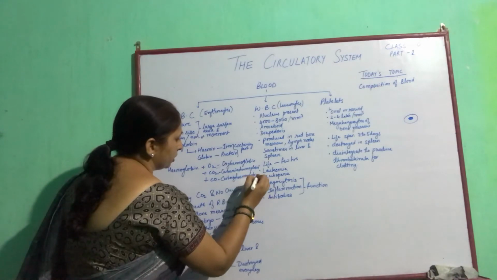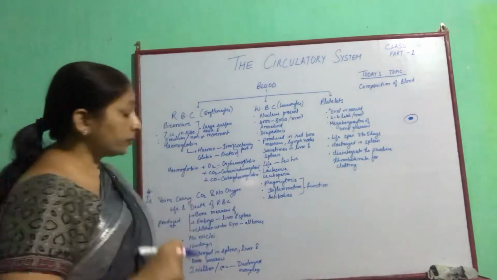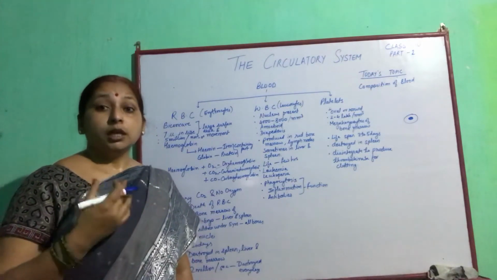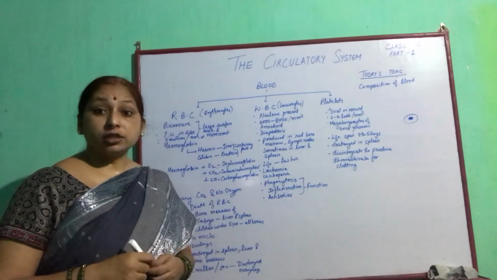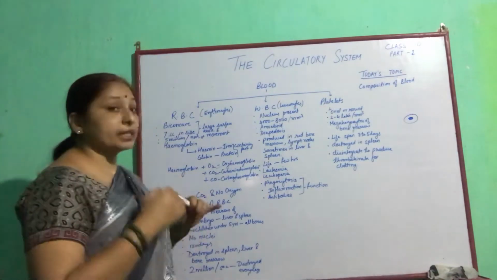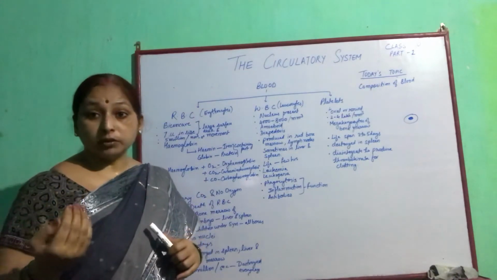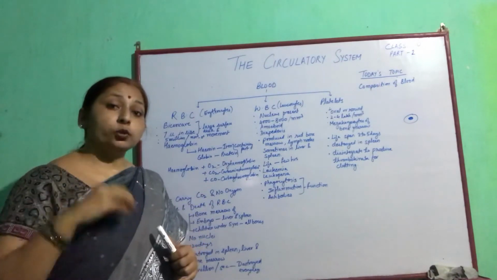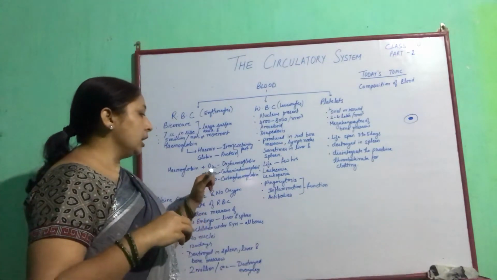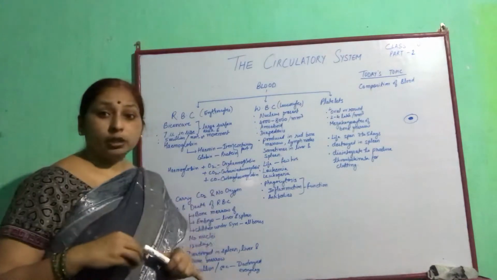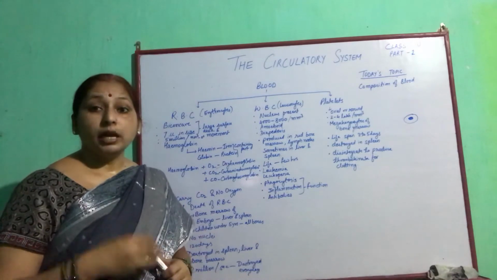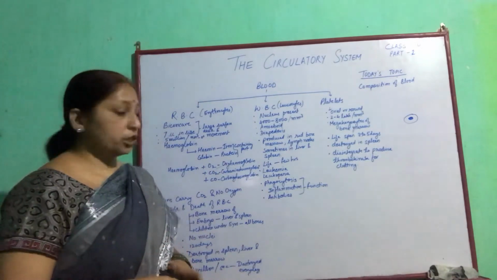When we are inhaling, oxygen is more in concentration in the inhaled air, so it readily combines with the hemoglobin. It is carried from lungs to the different parts of the body. From different parts, the CO2 released by the cells is carried out by the blood as carbaminohemoglobin, which when it comes to the lungs, releases the CO2 and again combines with oxygen.